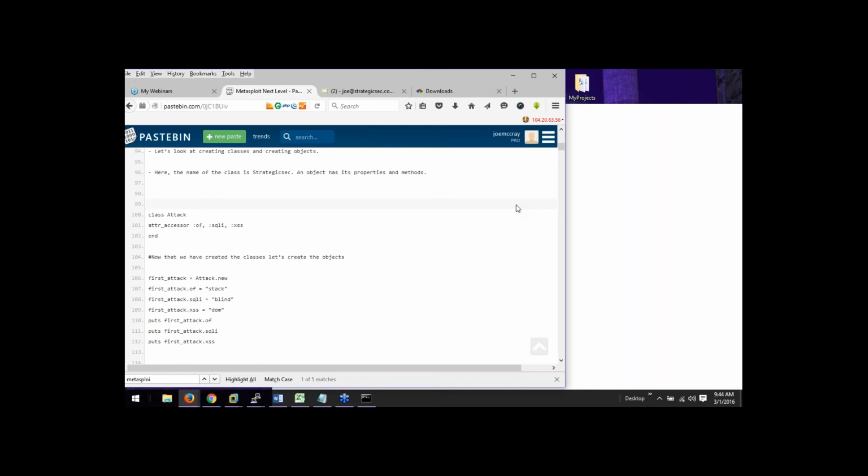Okay, so the next thing that we want to talk about, now that we covered what some variables are, we want to try and get into a different data structure, and this data structure is called an object. So objects have attributes about them. So I guess the best way that you can look at it would be, let's say,